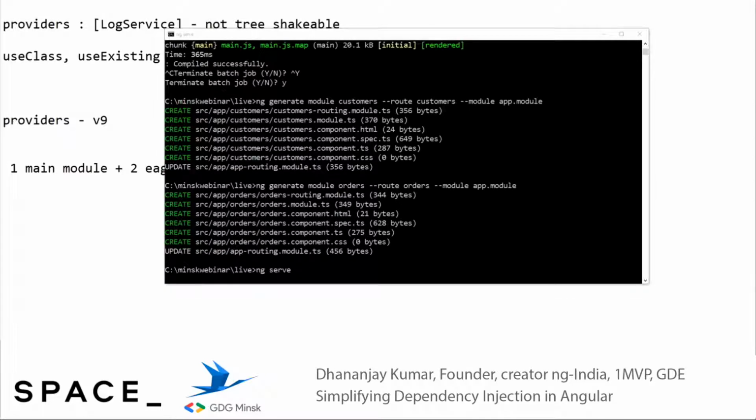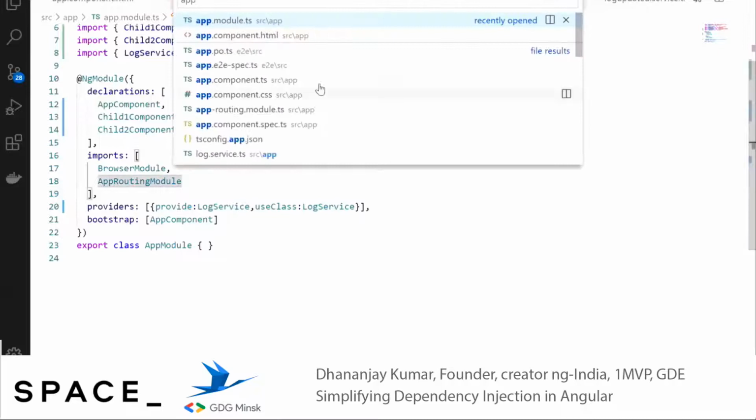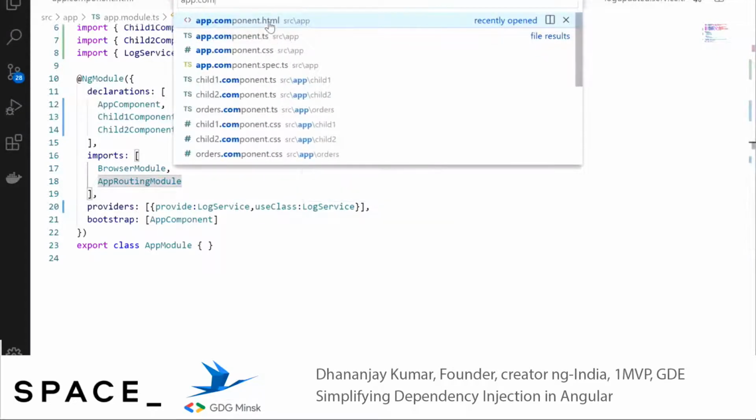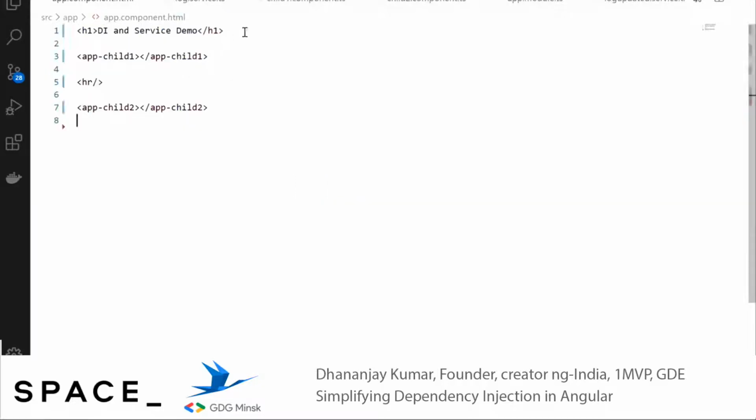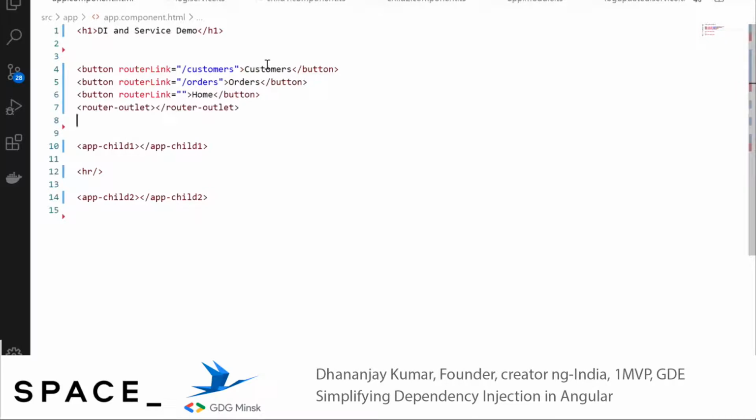And in the meantime, in the app.component.html, let's put one button to load the customer module, one button to load the orders module, then there's home, and in this router outlet, those modules would get loaded. And then let's go to the app routing module.